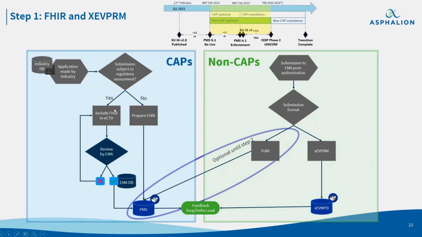So we have to prepare the FIR message, and we have to include it in our eCTD. So then the idea is that this FIR message is validated during the actual validation of our submissions. There is something missing in here, but if we have a closing sequence, then it will just be uploaded to PMS. If there is not a closing sequence for validation purposes, then it has to be directly submitted by the holder. This is something that will be further defined in the future.